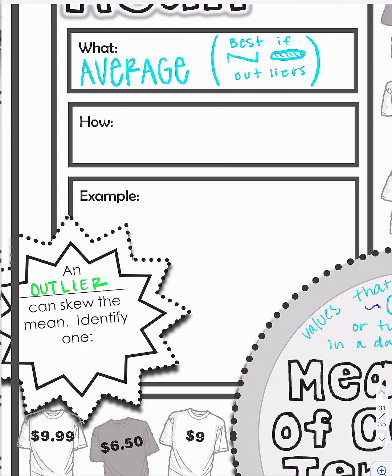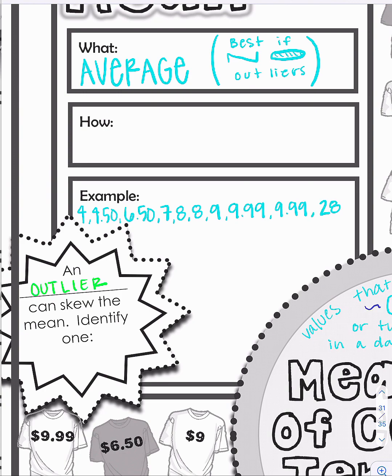So if you look at the t-shirts, you can see we have one t-shirt is $4. We have another t-shirt that's $4.50. We have another t-shirt that's $6.50. We have a $7 t-shirt, an $8 t-shirt. We have another $8 t-shirt, a $9 t-shirt, a $9.99 t-shirt, another $9.99 t-shirt, and then we have one t-shirt